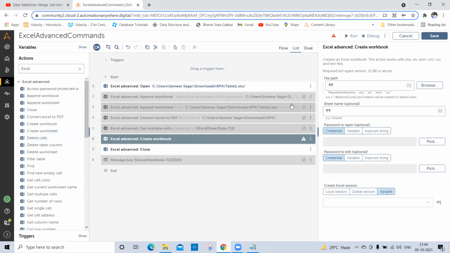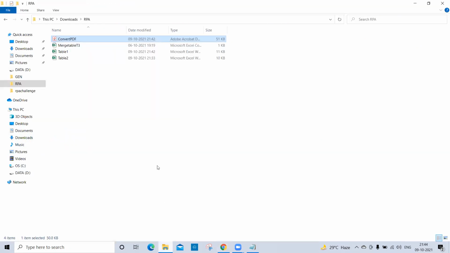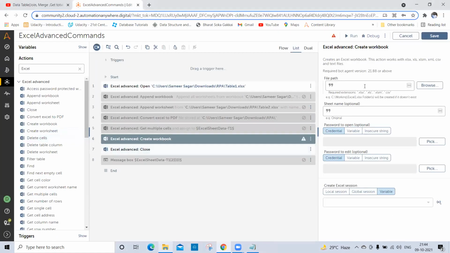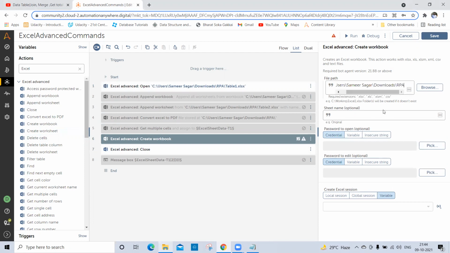Let me create one Excel file here. I'm passing the path here, and it will create a file with this name.